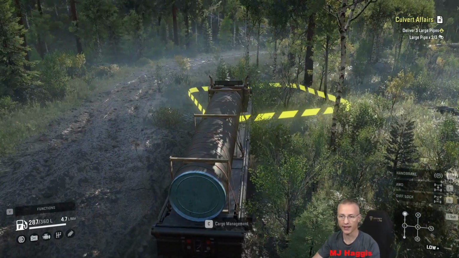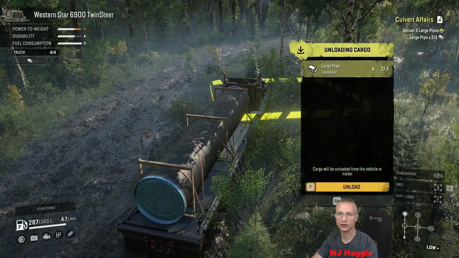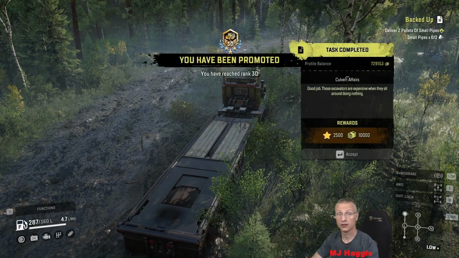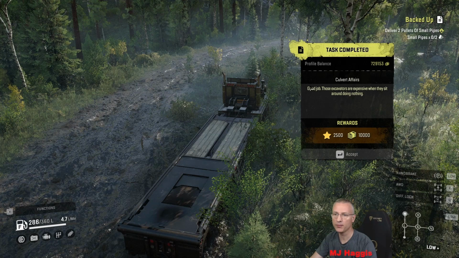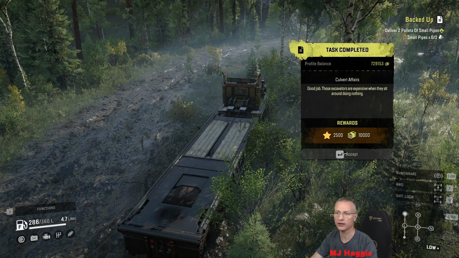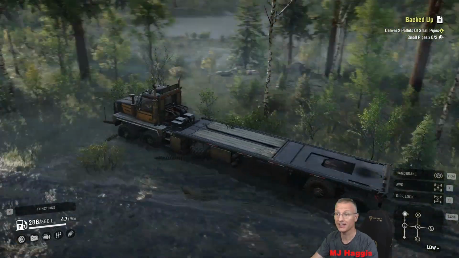Right, what are we going to get? Any cutscenes or any improvements? That's the question. Nope, but we get a promotion. I'll take that, that's us ranked up maximum. So it says, good job, these excavators are expensive when they sit around doing nothing. Yes, 10,000 cash, 2,500 XP, and